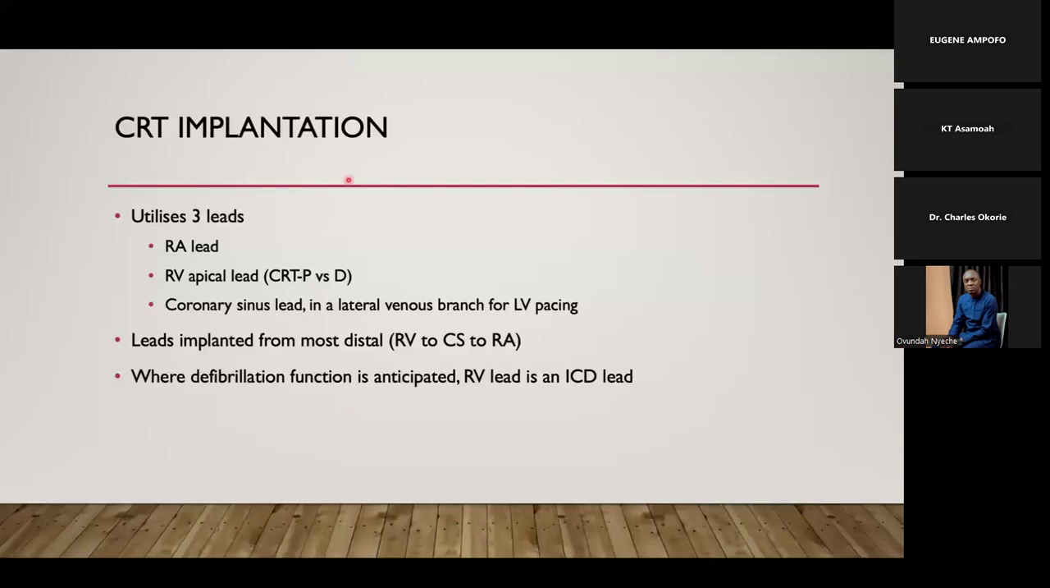So implanting a CRT uses 3 leads, as I said earlier: RA lead, RV lead, which is RV apical, and then coronary sinus lead. Now, the RV apical lead, as I said earlier, may have a shocking coil, in which case it's a CRT-D, or maybe just a normal pacer lead, in which case it's CRT-P. And then the coronary sinus lead is put in a lateral venous branch so that it goes far towards the LV wall, and that's for LV pacing. When putting it in, you start distally and move proximally so that